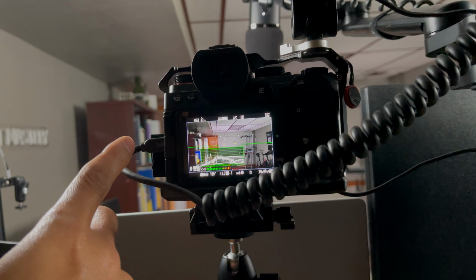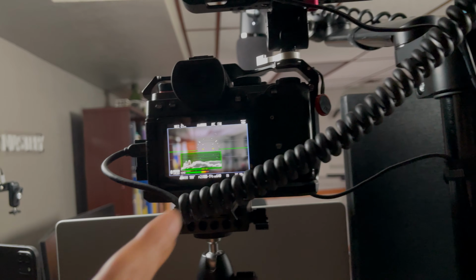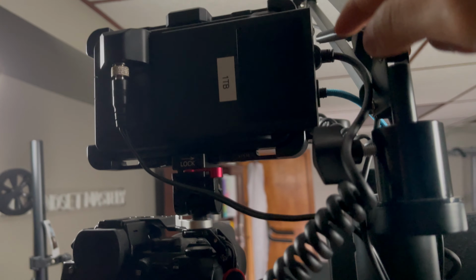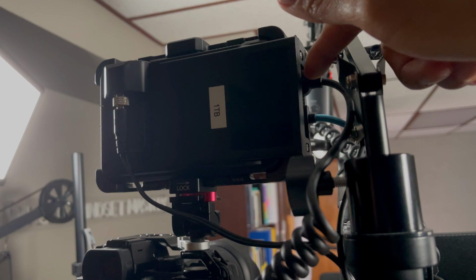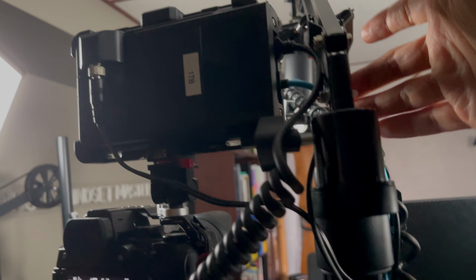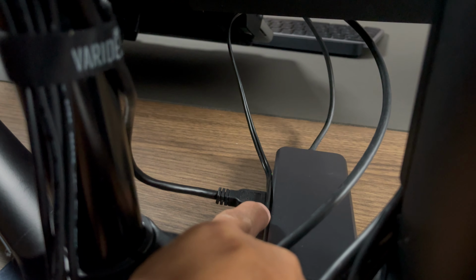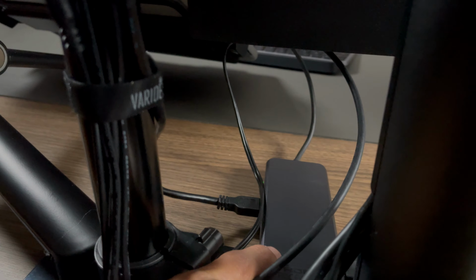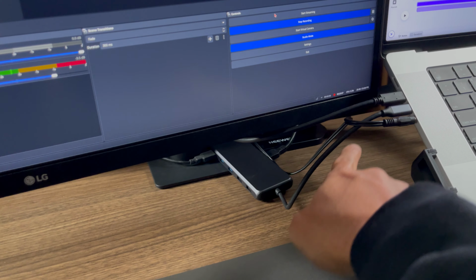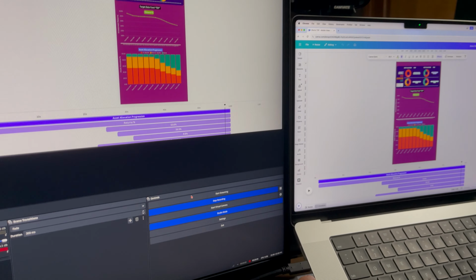The physical setup, I have the video feed from my main camera into the input of my Ninja Atomos recorder, and then the output from there feeds the Elgato CamLink 4K, and that video signal gets fed into the USB port of this USB-C dock, and the USB-C dock feeds into my MacBook,